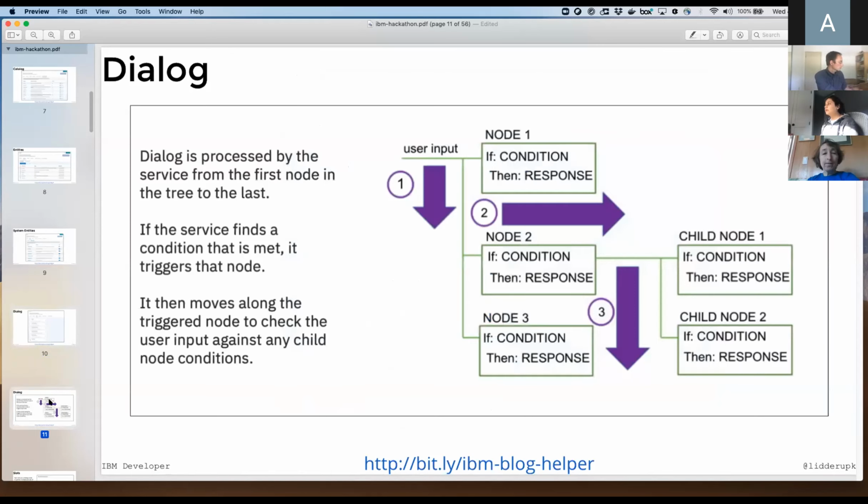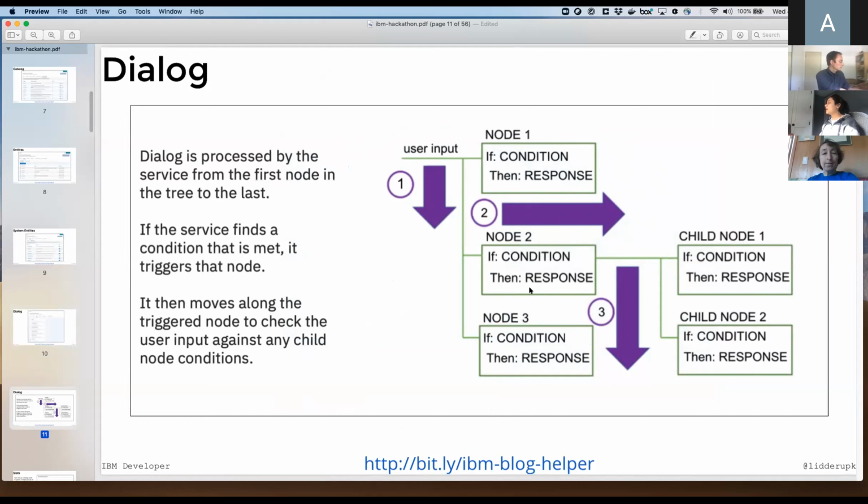And then finally, keep in mind that dialogue trees work in a node fashion. It's processed by the first node, and then it goes down. So for example, this condition has to be met, and then it could go down to this condition.